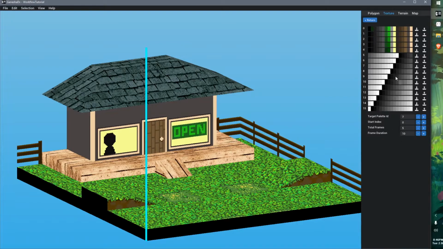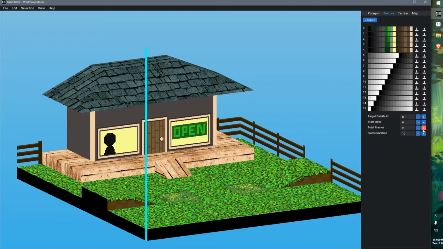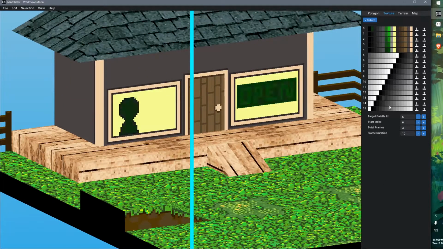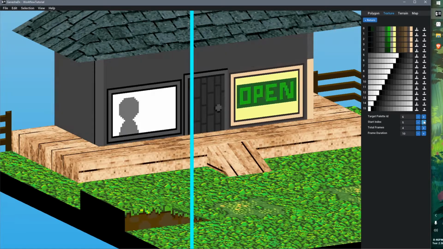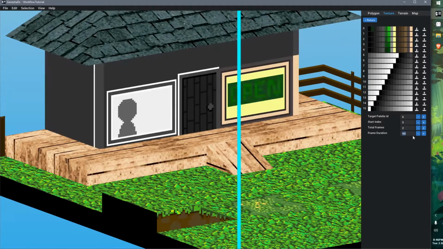Okay. If we wanted to create a second palette animation, we can do so simply by changing this to palette animation and setting a target palette ID of 6, which will be kind of the rest of this, right? And you can see that our silhouette is starting to flash. We can start our index at 5 and tell it to go. Let's increase this quite a bit so that we don't have such an uncomfortable thing to look at. In this case, our start index is now 5, and it goes for 2 total frames, so it's just blinking